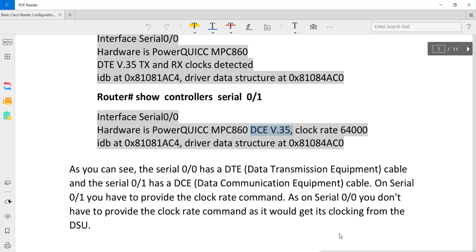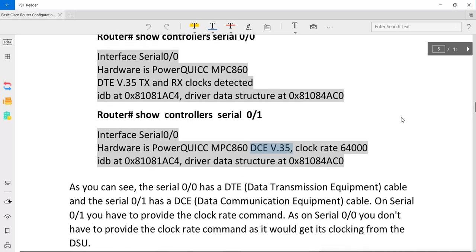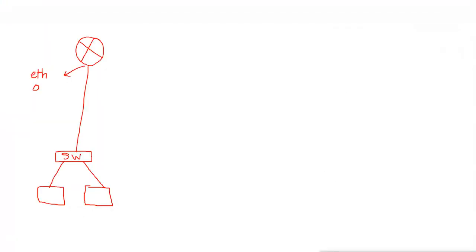Now for understanding this, let me explain the design for our network. Let's assume this is our design, and these are our PCs.